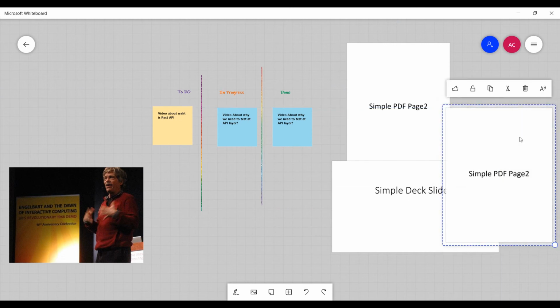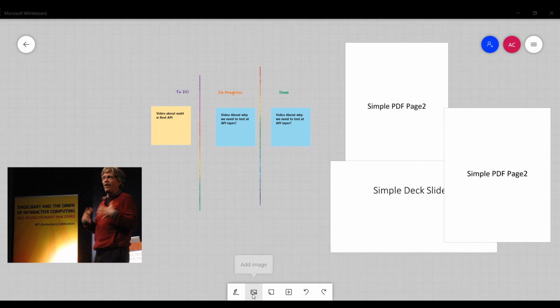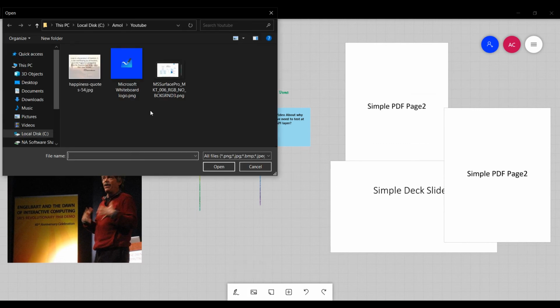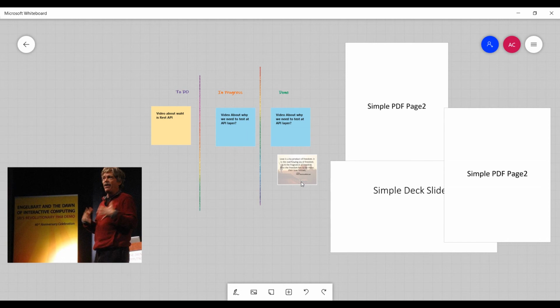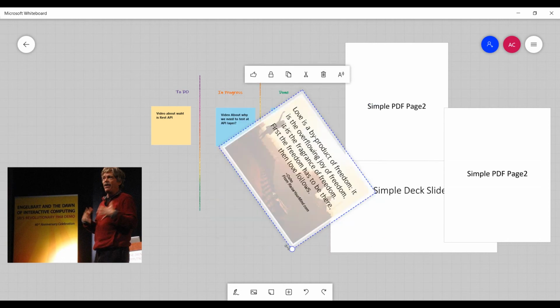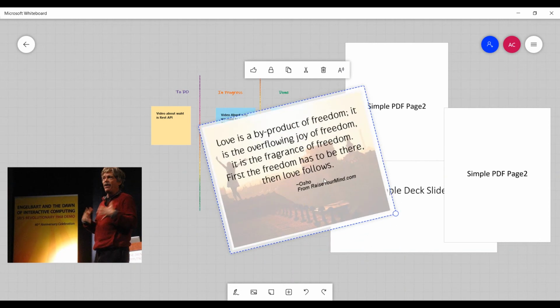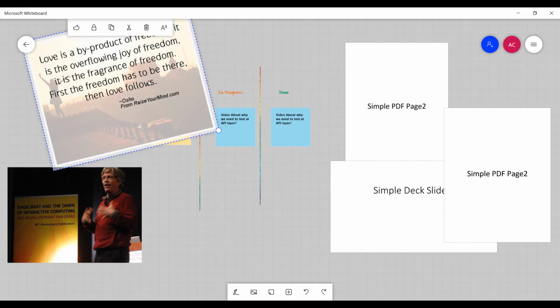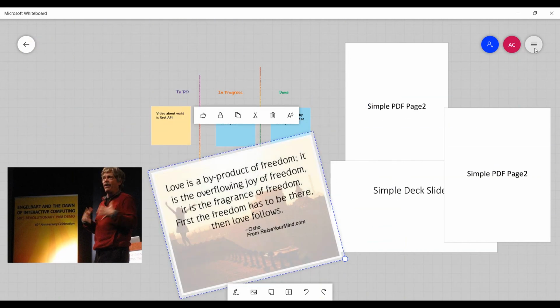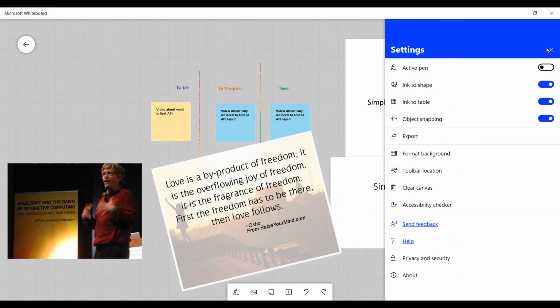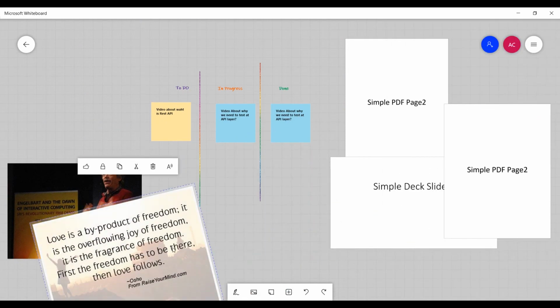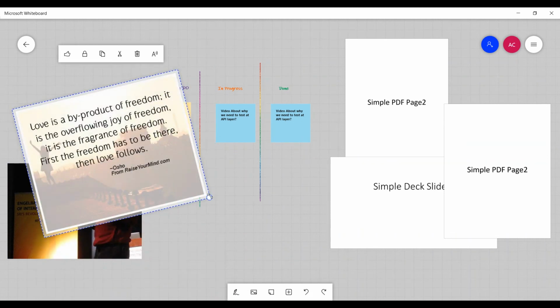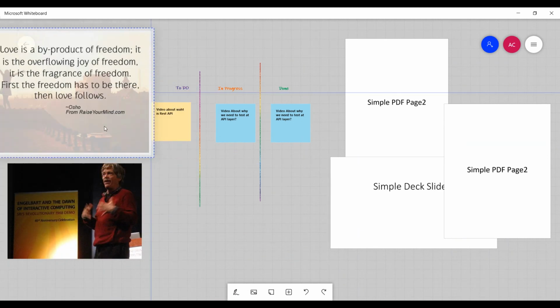And as you can see, I was able to access it. It's not that I have to rely on Bing to browse something all the time. I can even upload images from my local machine. There is an option to add images from the local machine. Again, you can resize those images, change their alignment, and keep them where you want. You get the visual cue because you have this particular option. Object snapping is enabled. You can use that, you can change it, and using that particular cue, you can just align it where you want.